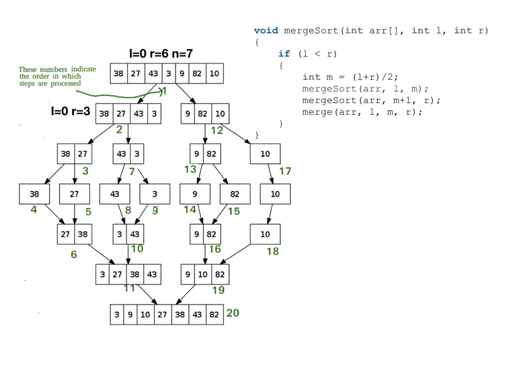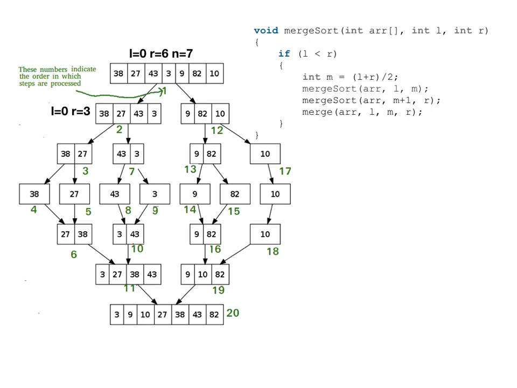So what happens now is, 38 and 27 will be merged in a sorted way, which means that it will call another algorithm, merge, which will sort those two numbers. So the output now is 27, 38. Similarly, 43 and 3 which have been split will again be merged, so it becomes 3 and 43. Now again there are two arrays, one array is 27, 38, the other array is 3 and 43. Those two will be merged again and you will get the sorted output as 3, 27, 38, 43.